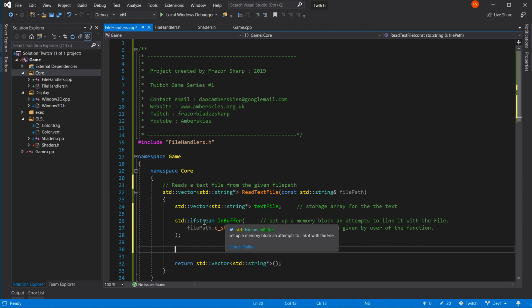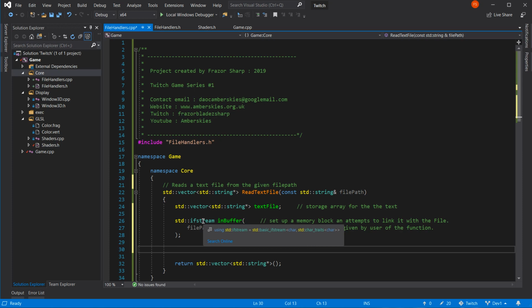It's just std file stream, which equals basic IF stream of char, char trace. That just means that's the memory block. Okay, so it's a character memory block.